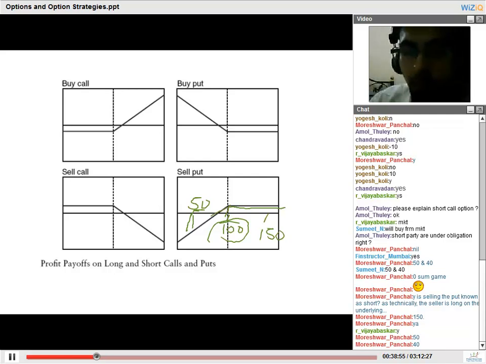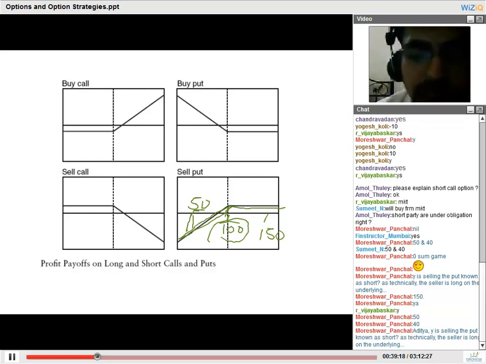So again, these are all 45-degree lines, guys. All inclined lines are 45-degree lines in this curve. Because of the limited liability clause in financial markets, that is, the stock can at worst go down to a value of 0. It can never go down to a negative value. The worst case loss for the seller will be equal to the strike price minus the premium. So it is not an infinite loss, as is the case of a call option.